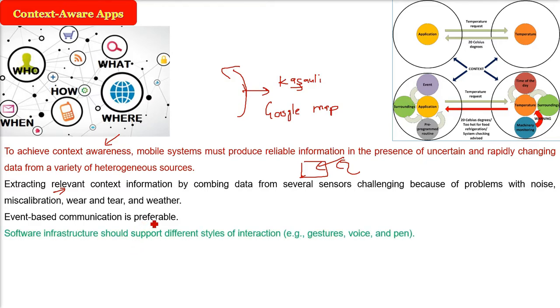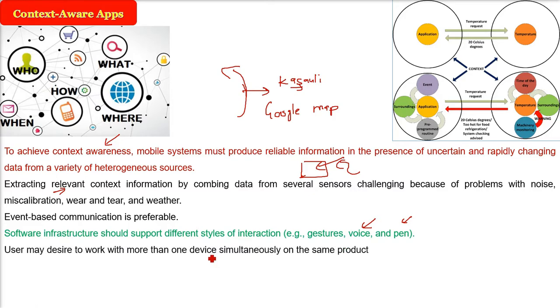So software infrastructure should support different kinds of interaction, because the user may be interacting with gesture, hand, touch, voice, pen. There are so many ways. In a laptop, you will be dealing with mouse kind of action or keyboard. Here things are different. So the user may desire to work with more than one device simultaneously on the same